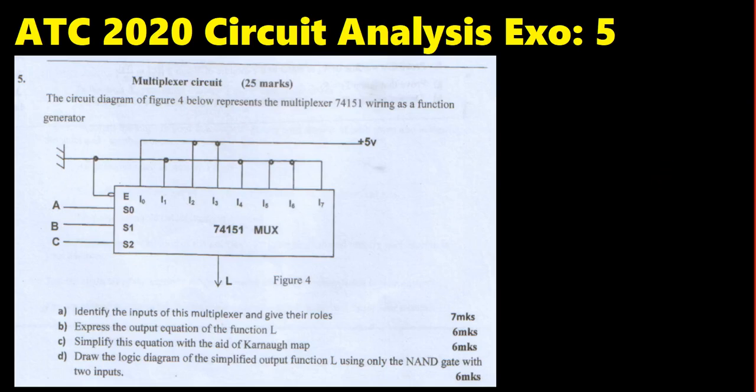Today we are going to solve another exercise under HEC 2020 circuit analysis, exercise number 5. The first question is to identify the diagram that you have on the board, and we discover that this is a multiplexer. So what is a multiplexer? It's also called a data selector. It's a combinational circuit that has 2 power n inputs for data and n inputs for address selection and only 1 output. So we can say that for the first question to identify, we have